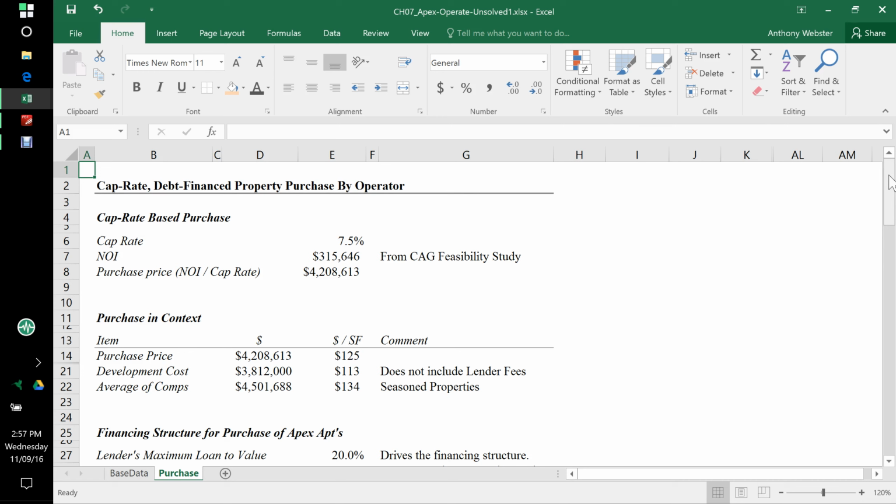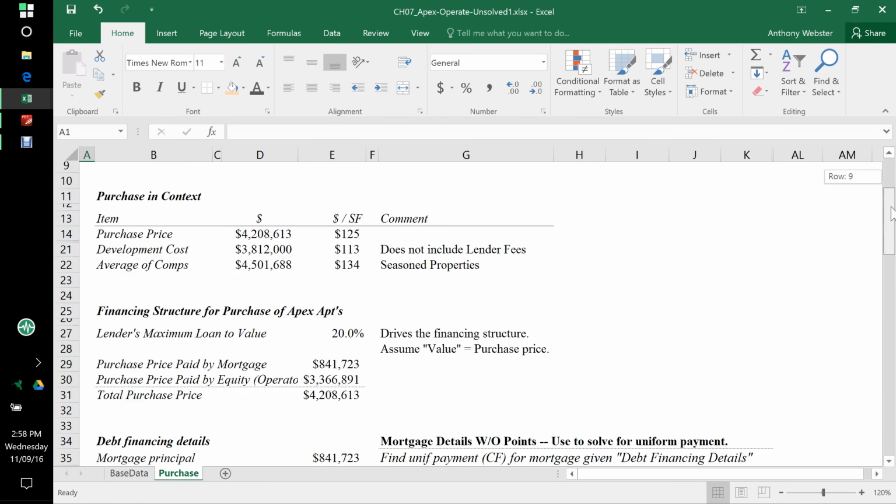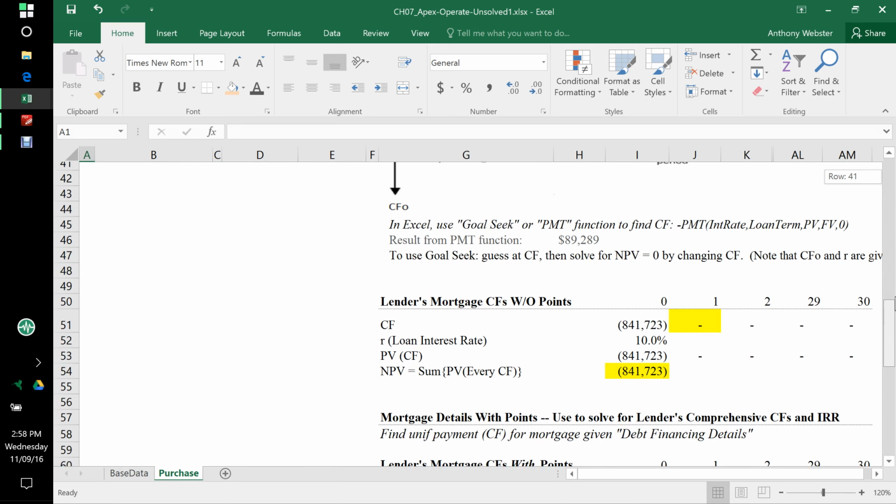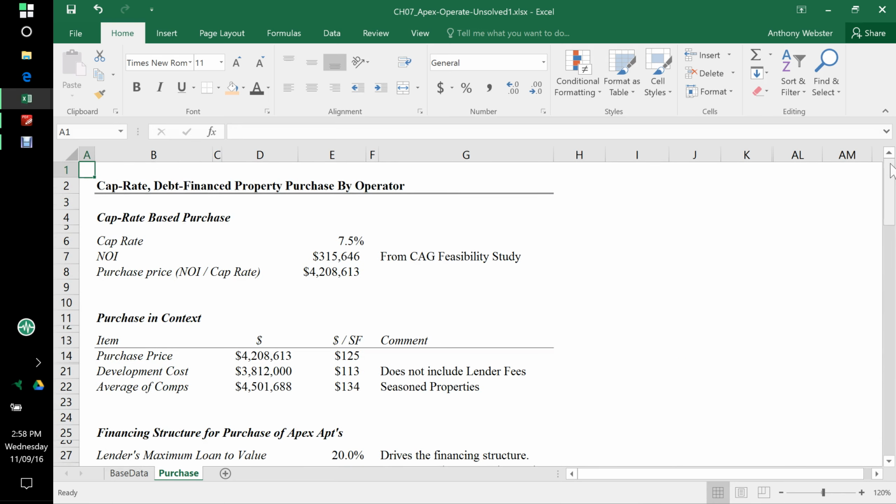to be solved for, and at the end of the day, making sure we meet our objectives, finding the NPV of the project for the operator, and the IRR of the project for the lender. We can't find the NPV of the project for the operator yet because we're just doing purchase right now. For the operator, we're going to need to know all the cash flows related to the purchase, but we're also